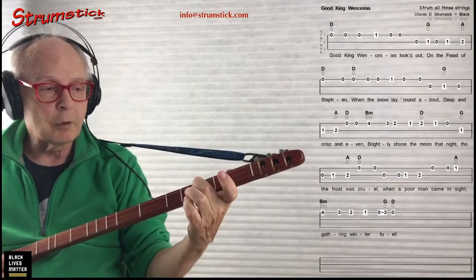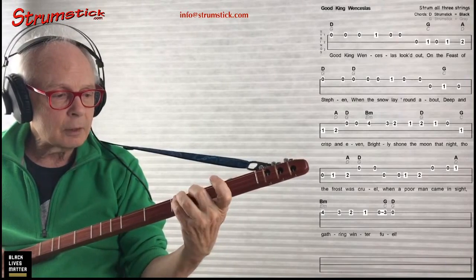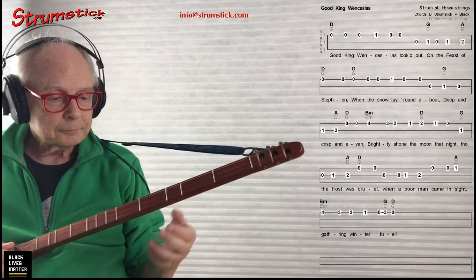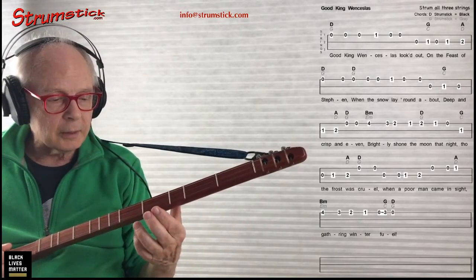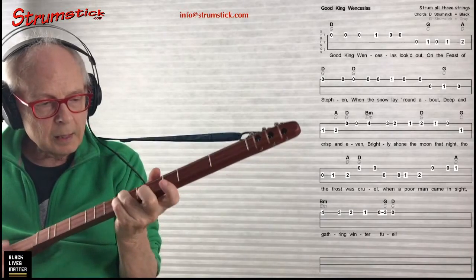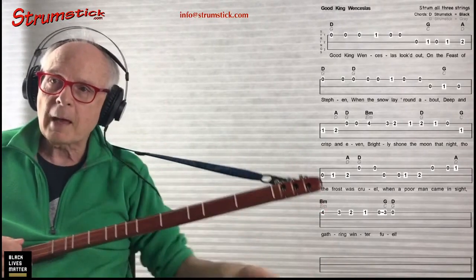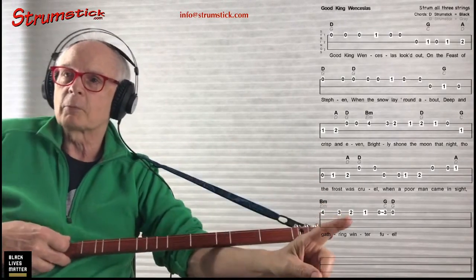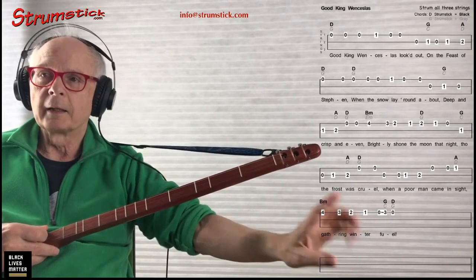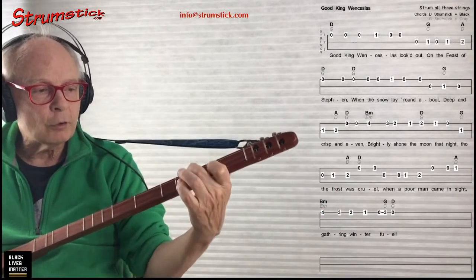So we could do the octave lower. Gathering. The one thing, let's say if we fingered this B minor, now that's a little awkward. So let's do this. Let's just move that B minor. Whoop, I can't get around my Strumstick here. Let's move that B minor over here to get out of the way of that. So then we can go, gathering winter fuel,